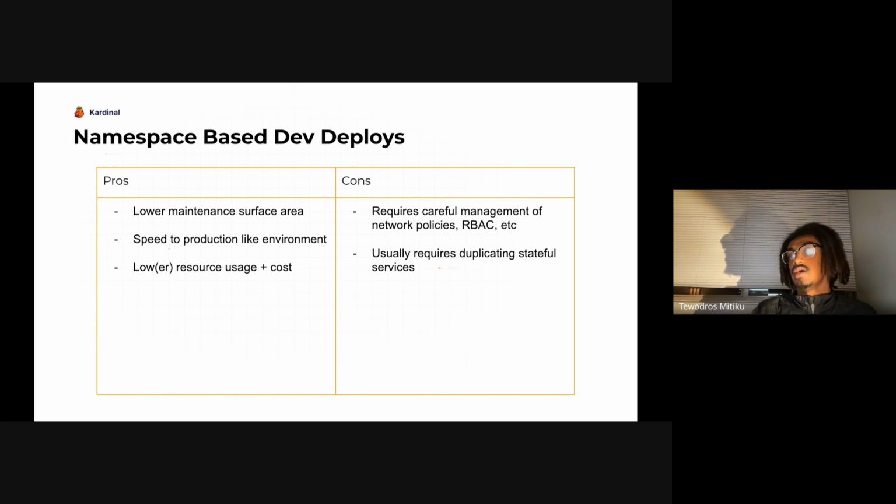which gets us into the cons, which is that to actually configure this or get this working properly, the burden falls onto the Kubernetes and the DevOps management teams to really carefully implement the necessary role-based access control policies, making sure that only the people who need access to a certain namespace get access to that namespace for whatever workflows they're working on. You need to implement careful management of resource quotas and network routing policies. And then also you have this question of, okay, well, what do we do with stateful services and stateful sets? Do we share them across the namespaces? Usually we end up having to duplicate them across all the namespaces. So there's still some duplication of resources that we could potentially save on.